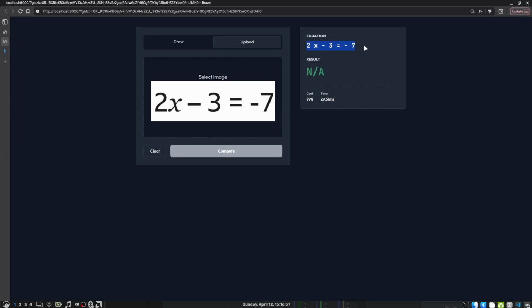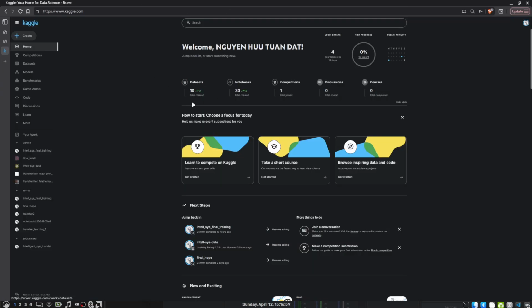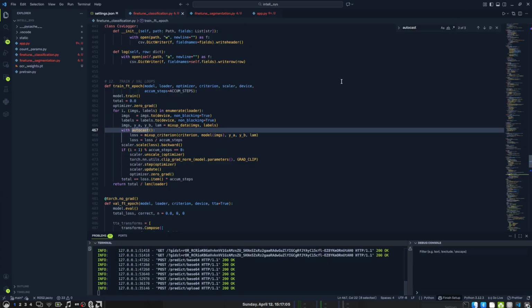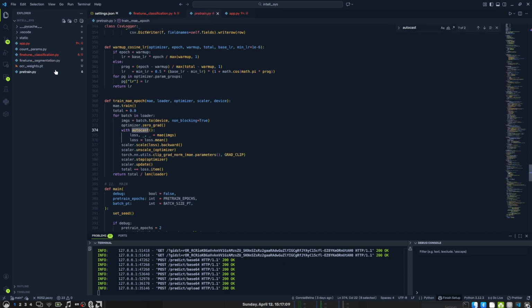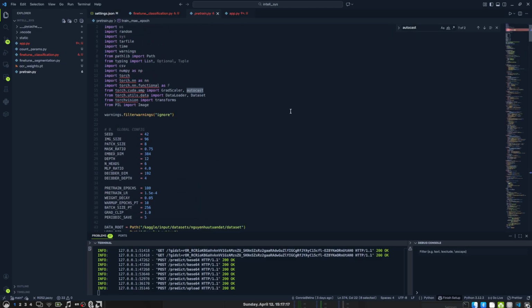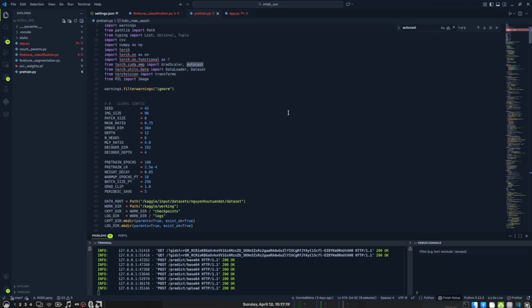So how did I do it? I trained the entire model in Kiko. It took me about 2 weeks to train the entire thing, iterating between stages. I had 3 different training scripts. The first one was pre-training. Initially it was a 100 epochs training script where I trained it with around 400,000 non-label